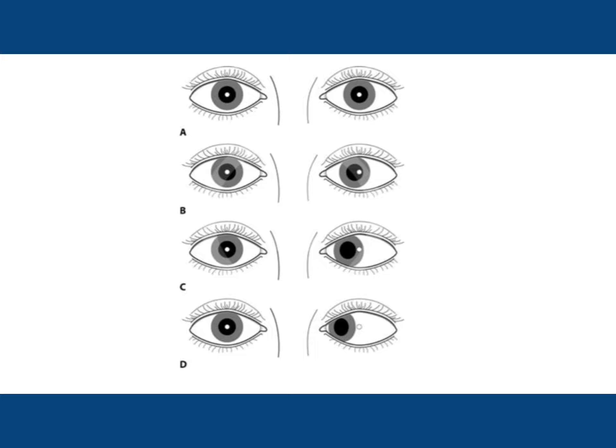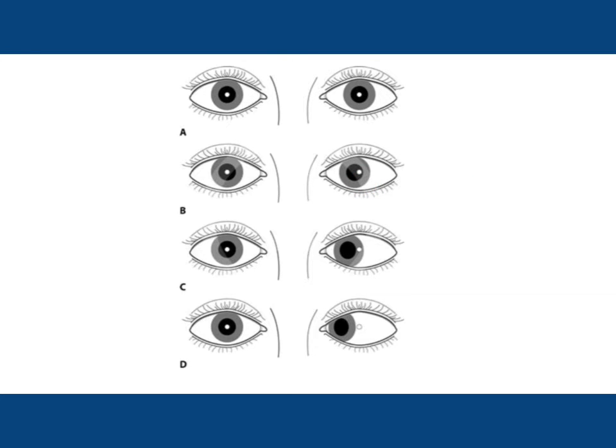Okay, so in the first picture you can see that the two light reflexes are in the center of the pupil. Two light reflexes in the center of the pupil indicate that there is no deviation of the eye. So you will write on HBT: central reflex is there. Now suppose the reflex is not central. In the second picture, in this eye you can see that the light reflex is temporally placed.